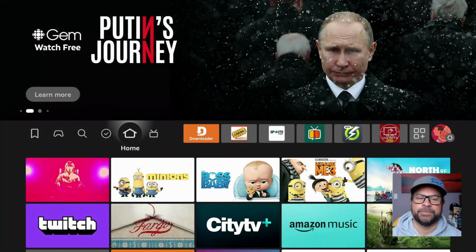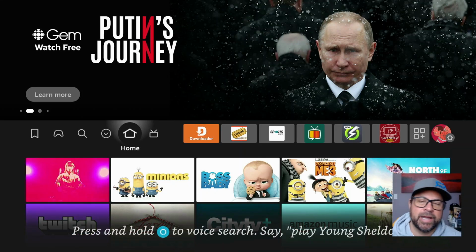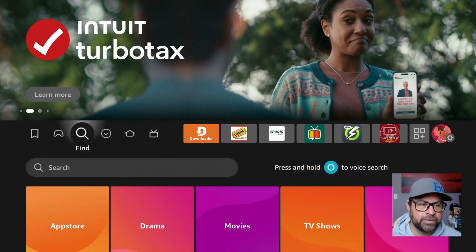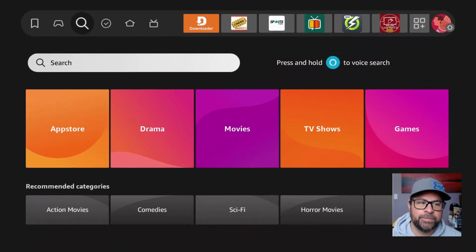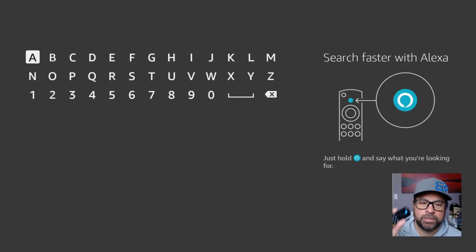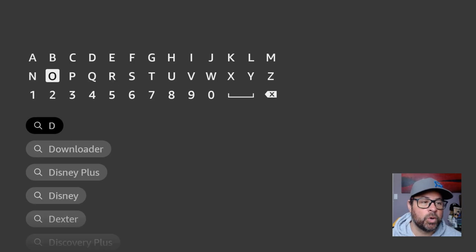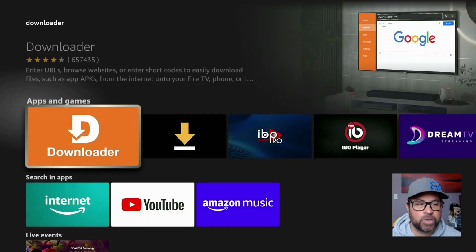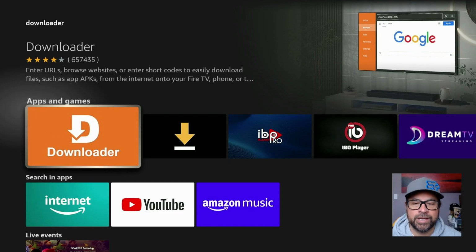Check this out. First thing we need to do, on our home screen in our Amazon Fire TV Stick, head to the find icon, the magnifying glass here, come down, type in search. We're going to type in downloader, D-O-W-N. Downloader comes right up. It is this orange icon here I have highlighted. I already have it installed, so I'm not going to reinstall it, but get it, download it, and install it. Once you have it installed,